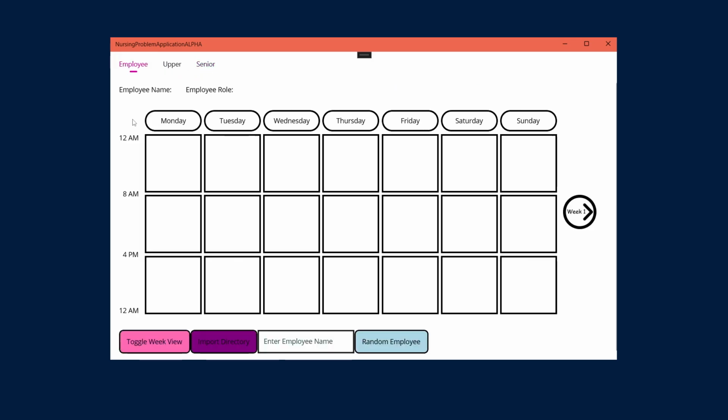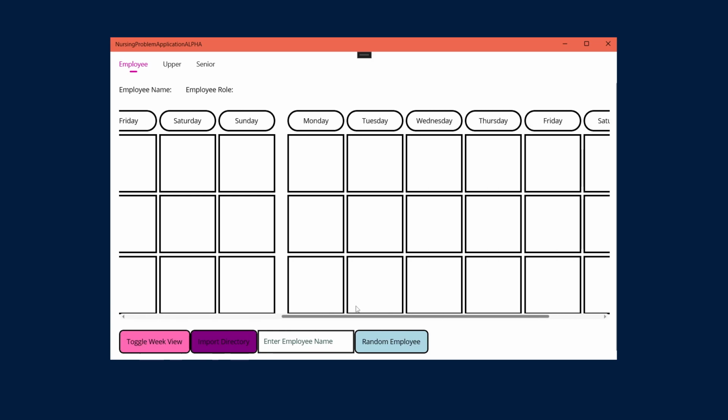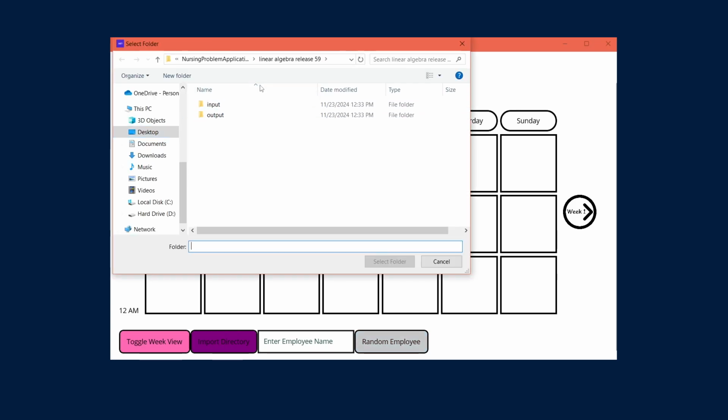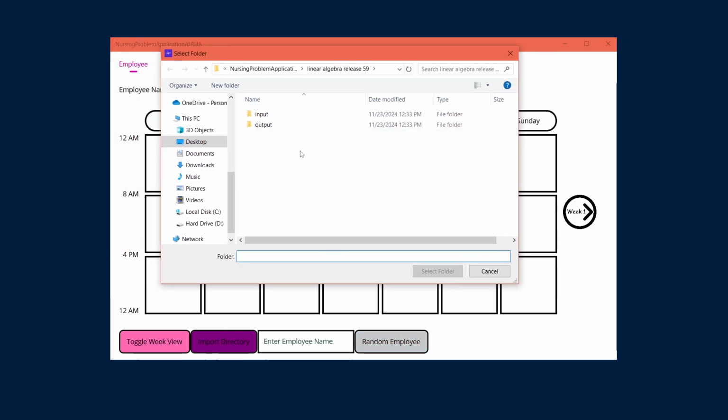The employee screen lets you see the employee schedule, along with what department they're in and what time they are scheduled at. This screen lets you toggle week view to see multiple weeks at the same time, or just do it one by one, and lets you press import directory to import a CSV file that lets you check